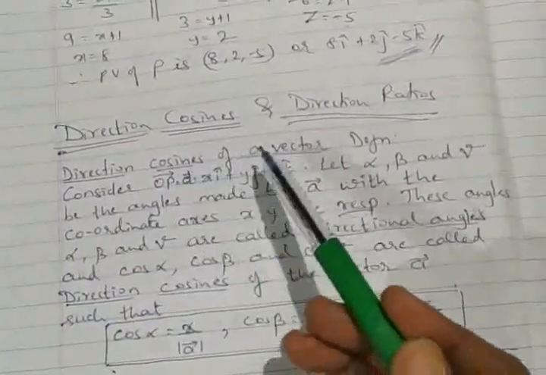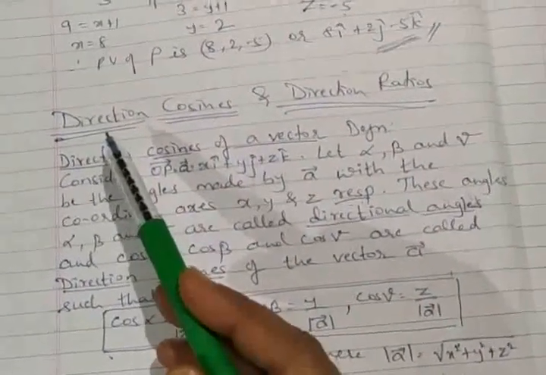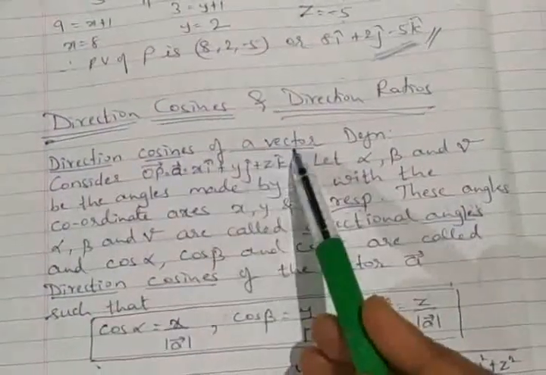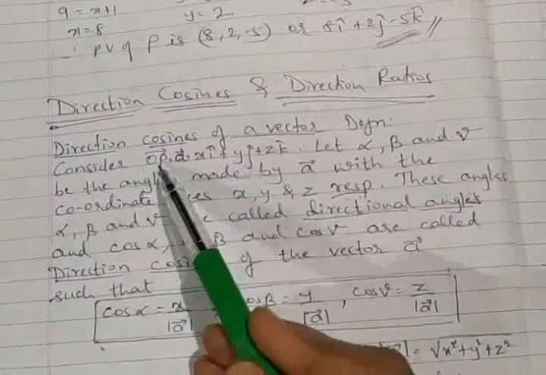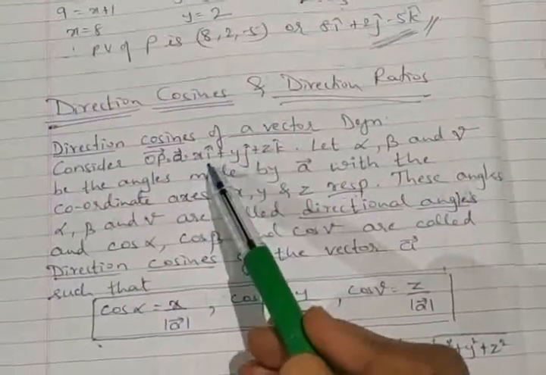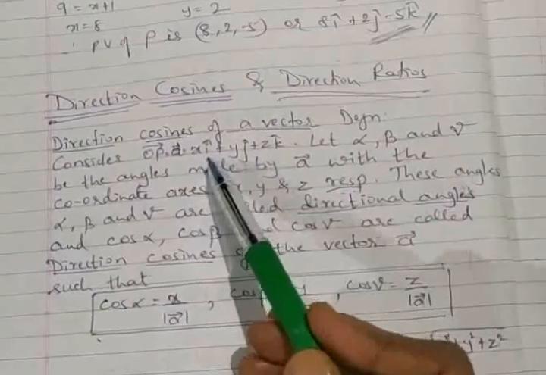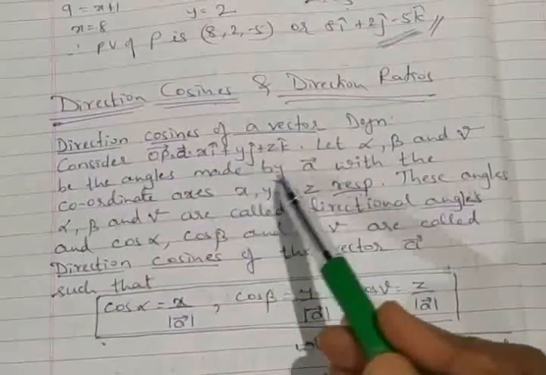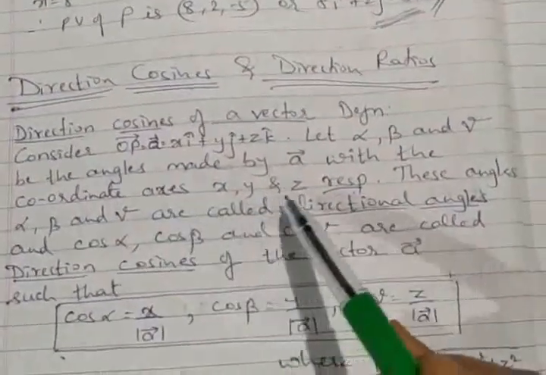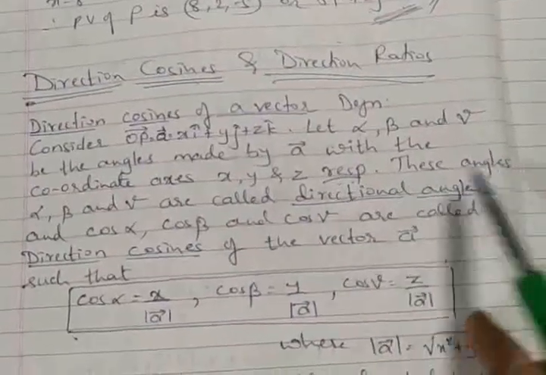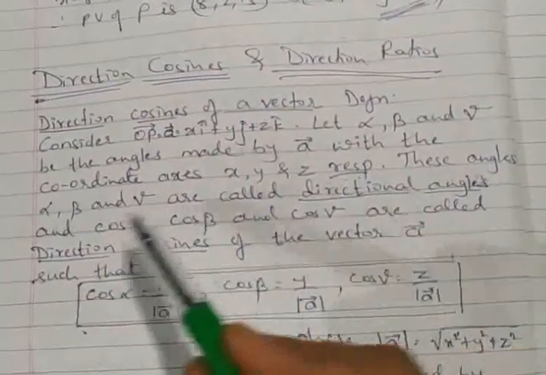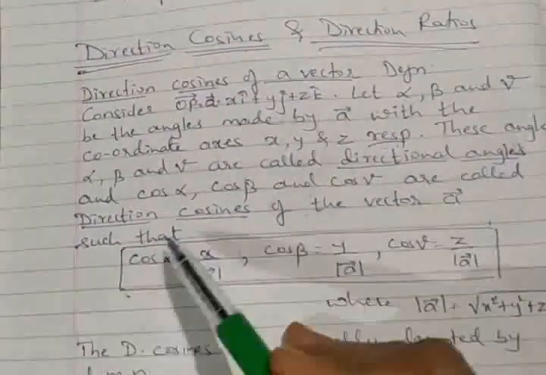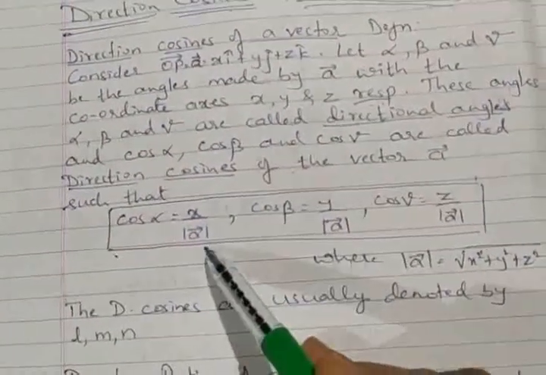So I think next video can discuss, but today let me wind up by defining the direction cosines and direction ratios. A very important term. So direction cosines of a vector, the definition says, consider vector OP as vector A with the components given to us, x into i cap plus y into j cap plus z into k cap. Let alpha, beta, gamma be the angles made by this vector A with the coordinate axes x, y and z respectively. Then these angles are called directional angles, and cos alpha, cos beta, cos gamma are called direction cosines of the vector A, such that cos alpha is x upon the magnitude of vector A,